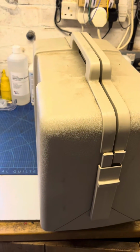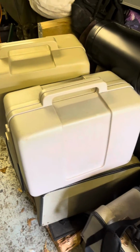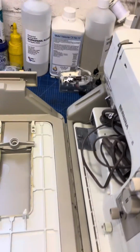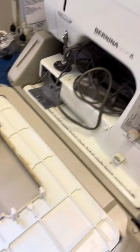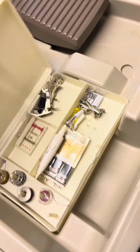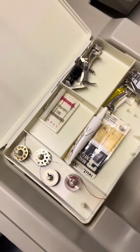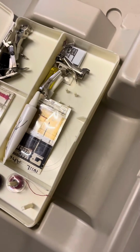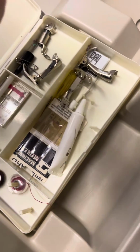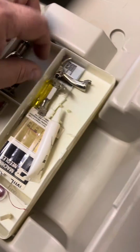a new home. I've got a couple of 801s actually sat down here waiting for a new home, along with numerous other Bernina sewing machines. So I don't normally pay any money for these, but I did give her some money for this because it did have all the accessory boxes and bits and bobs. She gave me a quick set of photos, but look, not a single bobbin is correct for the machine, but never mind. We've got various feet, and they're all in